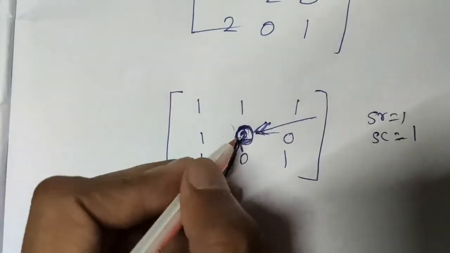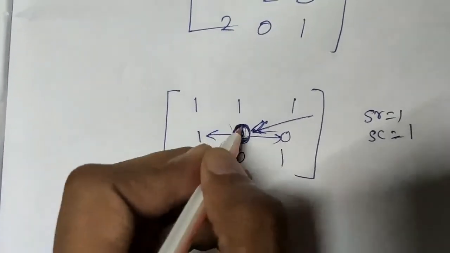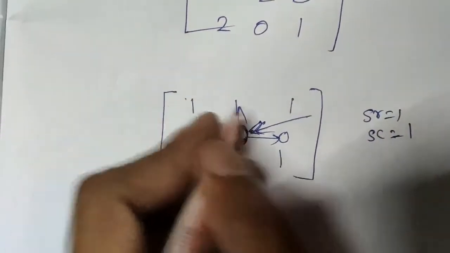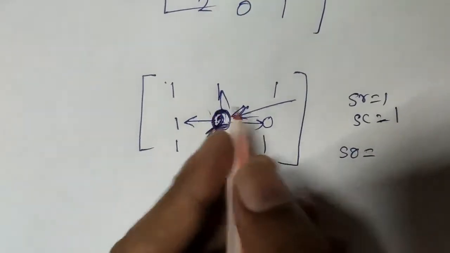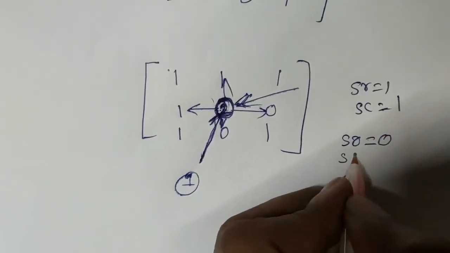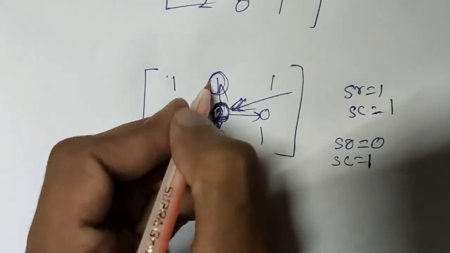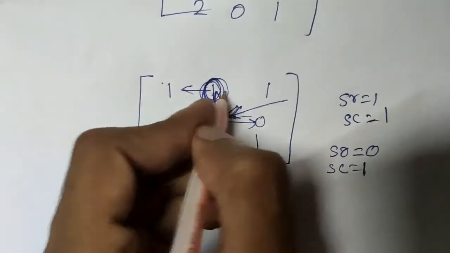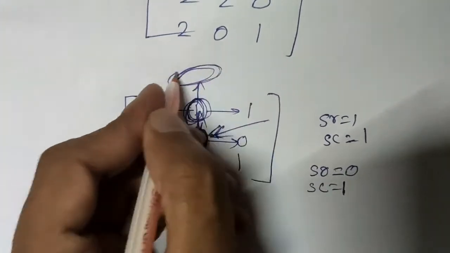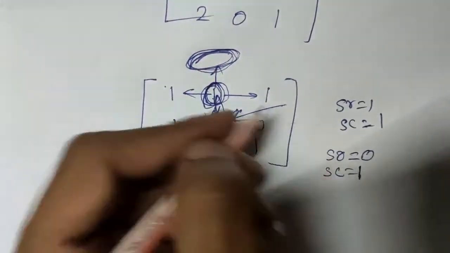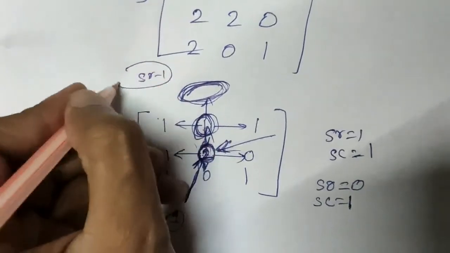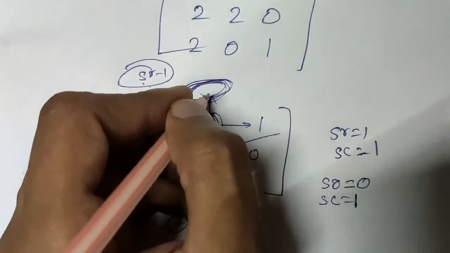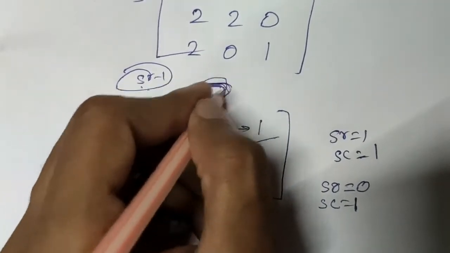So we will have a recursive call for here, here, here and here. At the time of each recursive call, suppose SR is given as 0 and SC is given as 1. Suppose we are at this position. At this position, when we make the recursive calls here, here, here and here, the value of SR will become basically SR minus 1, and in that case we will get an error, and we cannot access the element at that particular position.